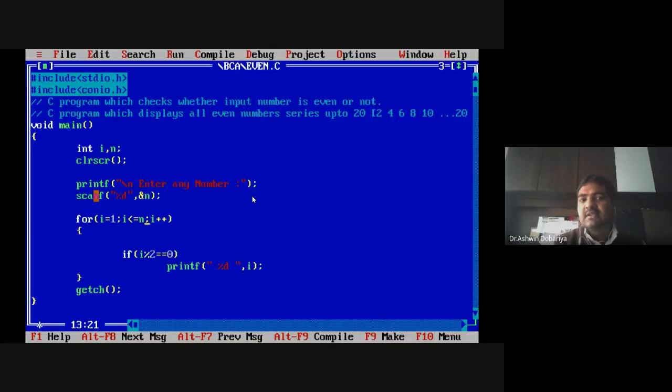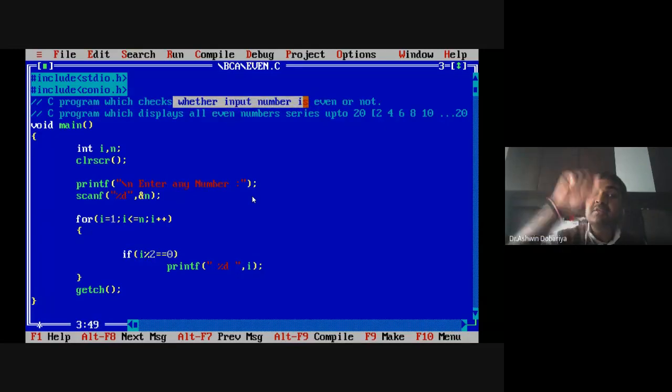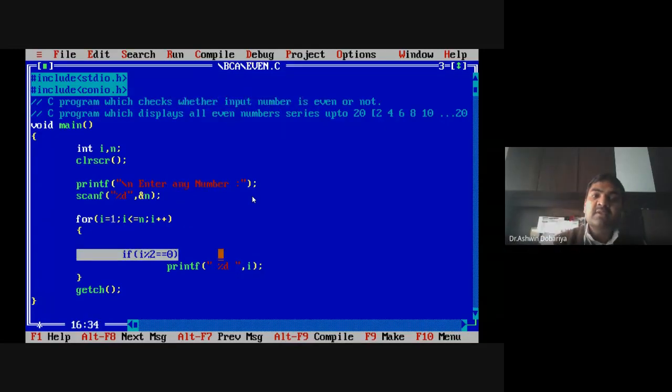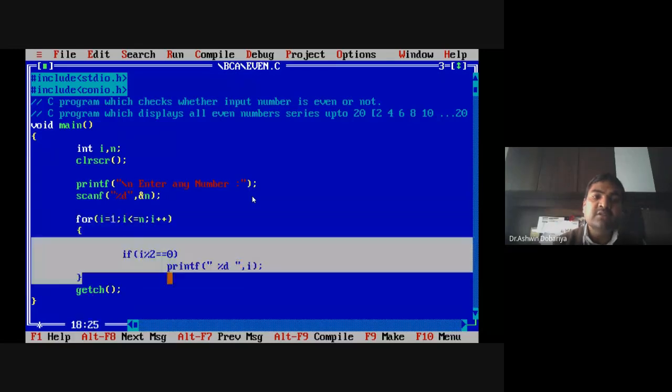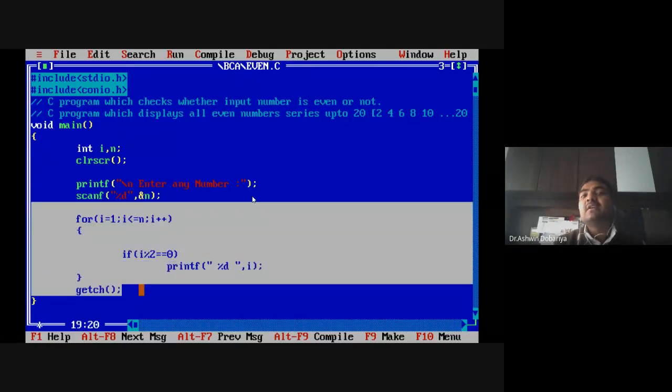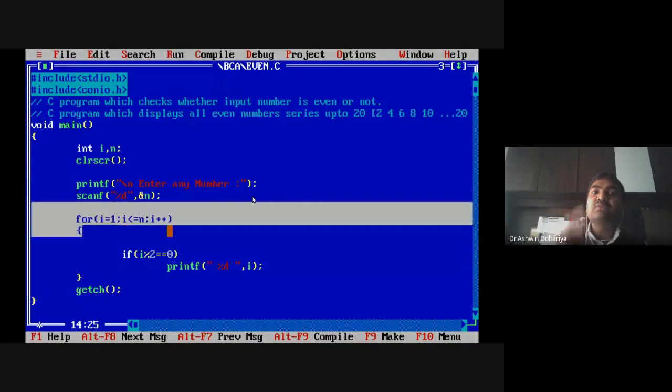Yes, sir. So first what we have done, we have taken input. Then how we can check whether a number is odd or even, that I explained. After that, I have converted that example to how to generate a series. When you want to generate a series, you always have to write your logic inside the loop. In that case, the user will not input a number, but the counter will give you a number. You check 1 is odd, 2 is even, 3 is odd, like this. If you understood these things,